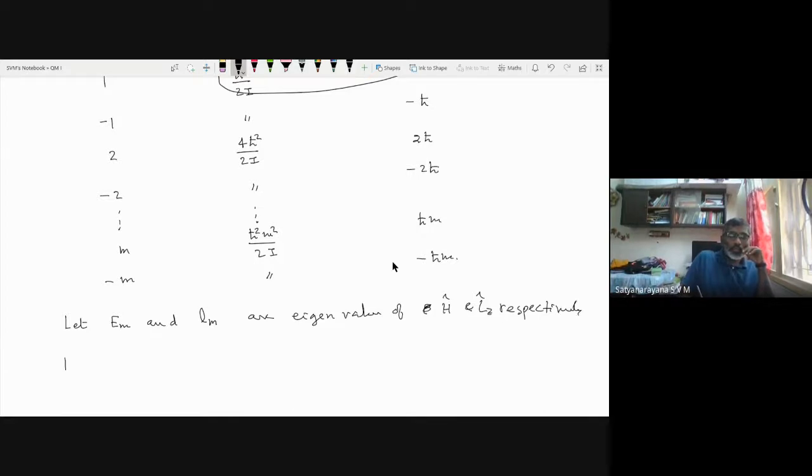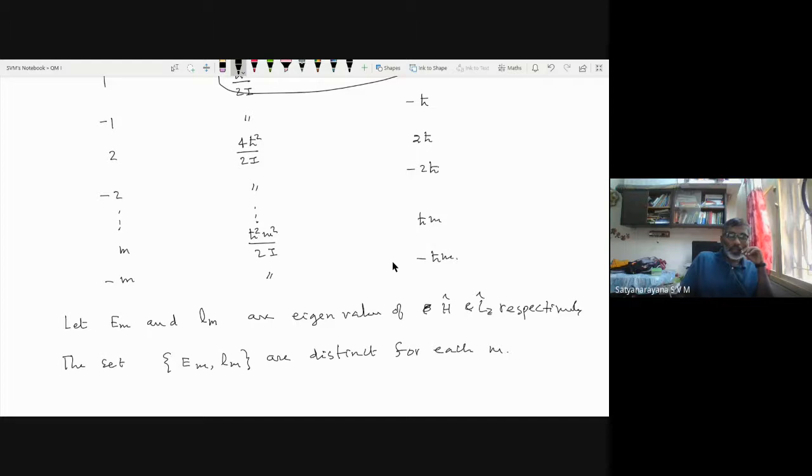Then the set m, comma, Lm. Okay, if you take this set, they are distinct sets. They are distinct for each m. Okay, so that means